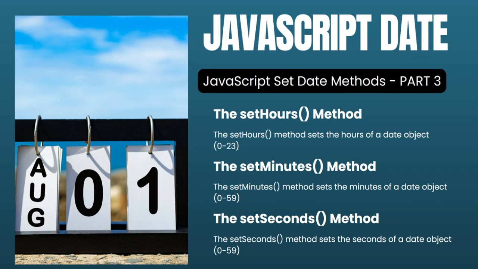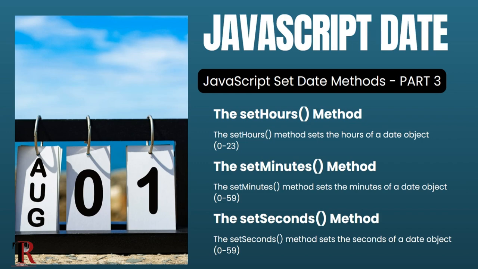In this lesson, we'll continue to examine the setDate methods in JavaScript. We've talked earlier about the setMonth, the setDate, and the setFullYear methods. And in this particular lesson, we'll talk about another three important parts of the setDate methods in JavaScript. So we are going to be talking about the setHours method. The setHours method sets the hours of a date object between 0 to 23, representing the 24 hours that we